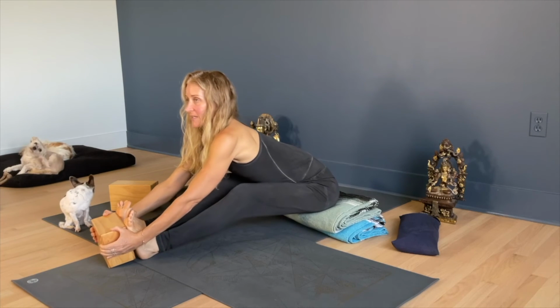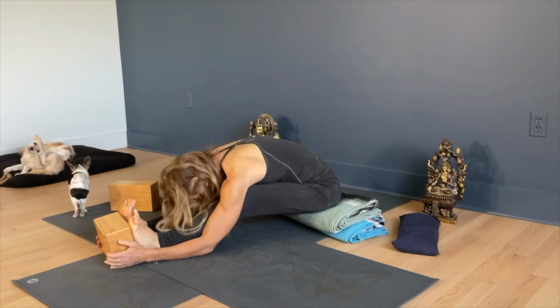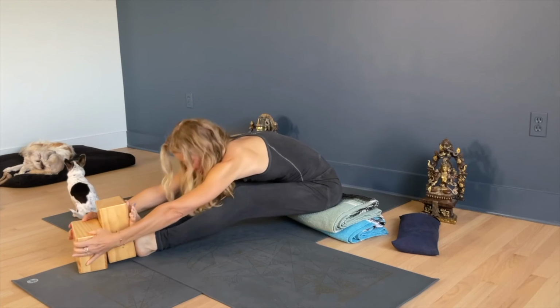Your front body is long, your butt is moving back, and you can reach 2 blocks. Feet come together, and then your shins